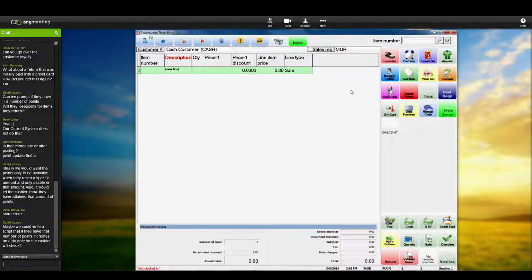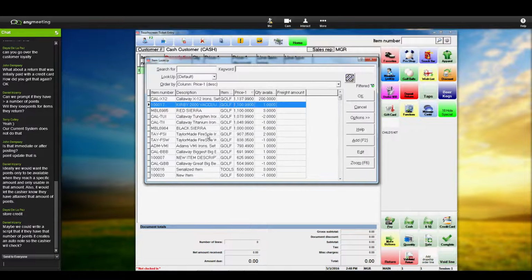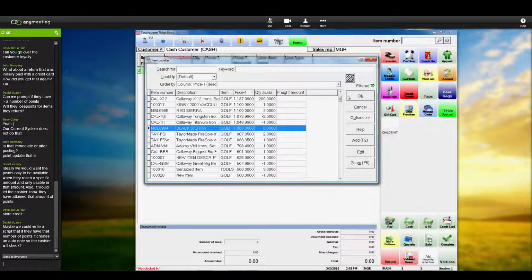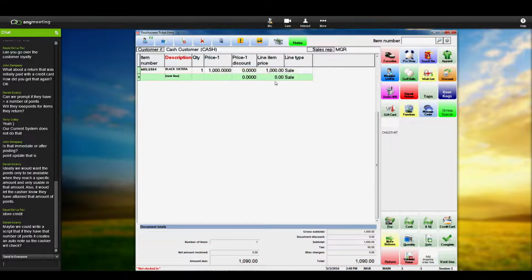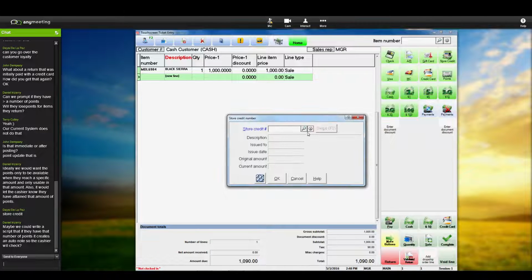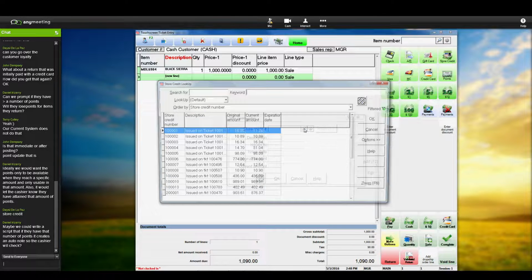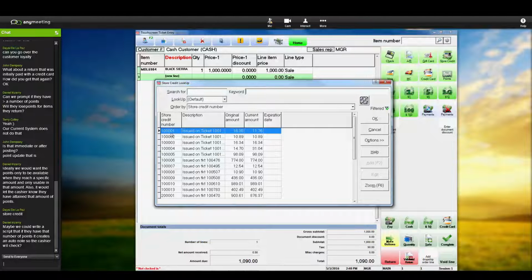Now, later on, that customer comes in and buys something and wants to use that store credit. So I just choose an item. Let's choose this one. This is the item they're purchasing, and now I have to tell it how they're paying, and they're paying with a store credit. So what I can do is look up the store credit,